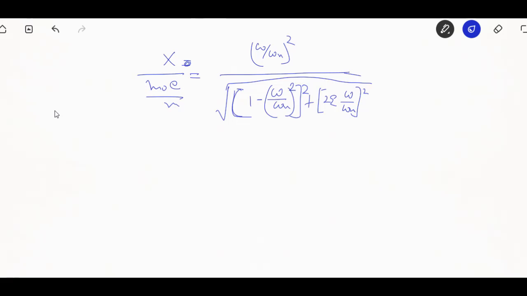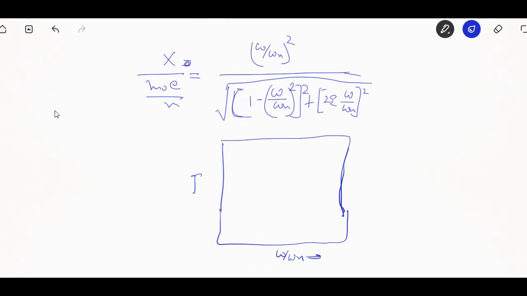Okay, now let us get the sense of how we can evaluate. It will reflect the same curve as we have seen there. Now, as I repeat every time, our endeavor is to remove the resonance condition, and this horizontal axis will always represent omega by omega n, and this side the ratio x upon m naught e by m. Now suppose omega by omega n holds a value of 1,